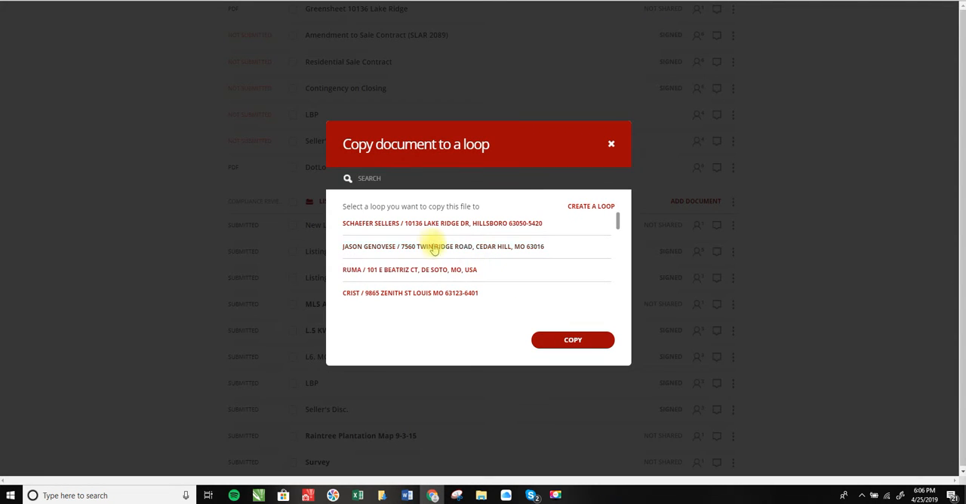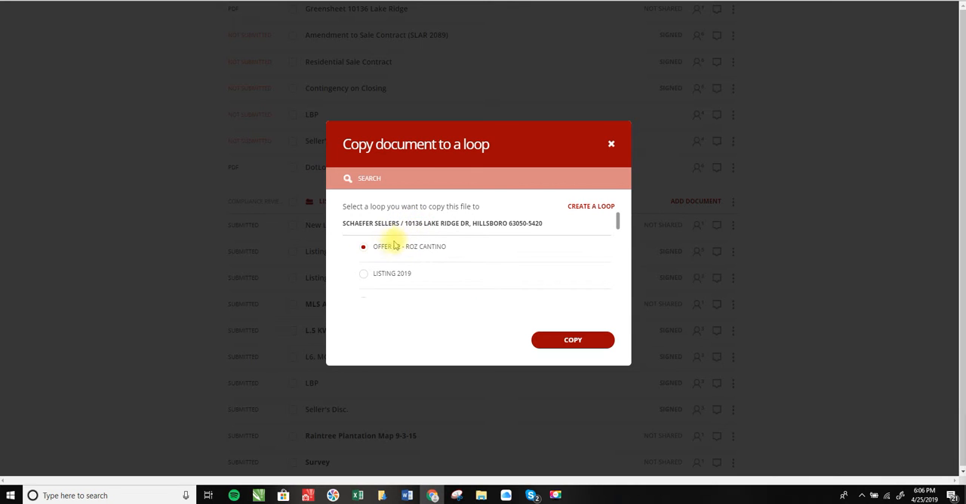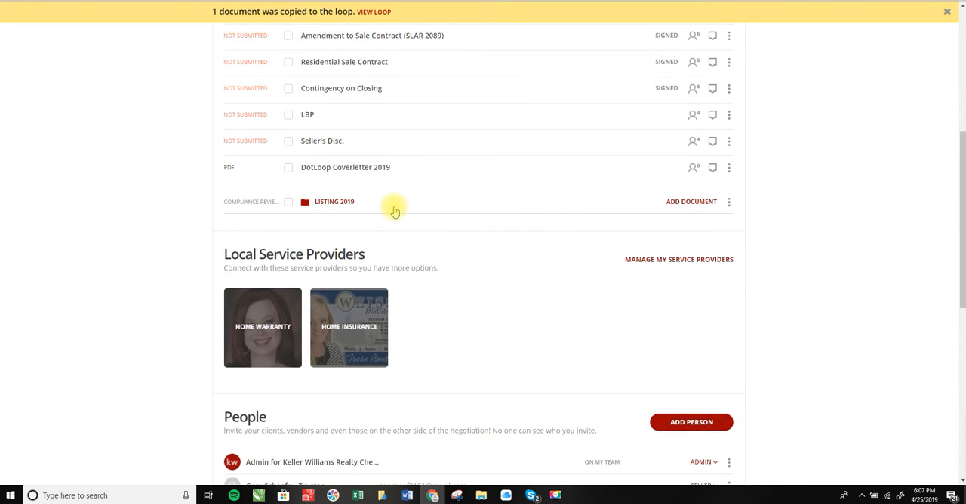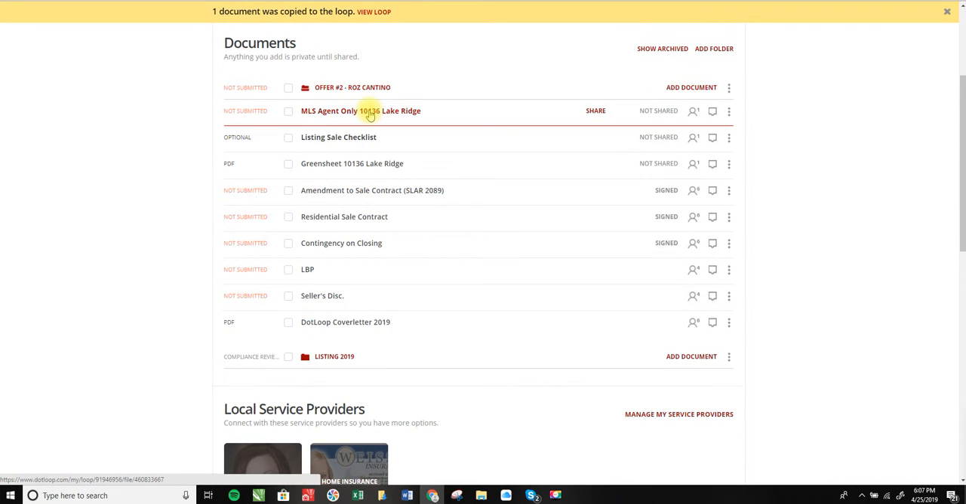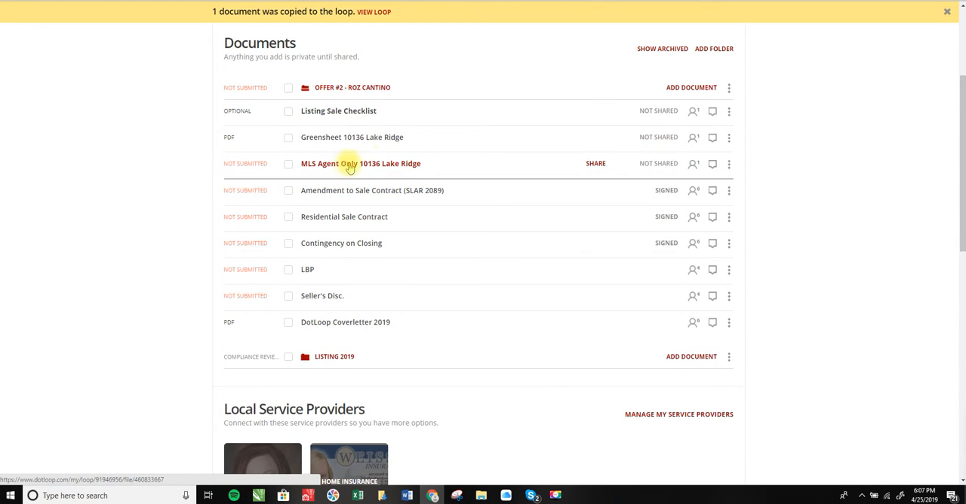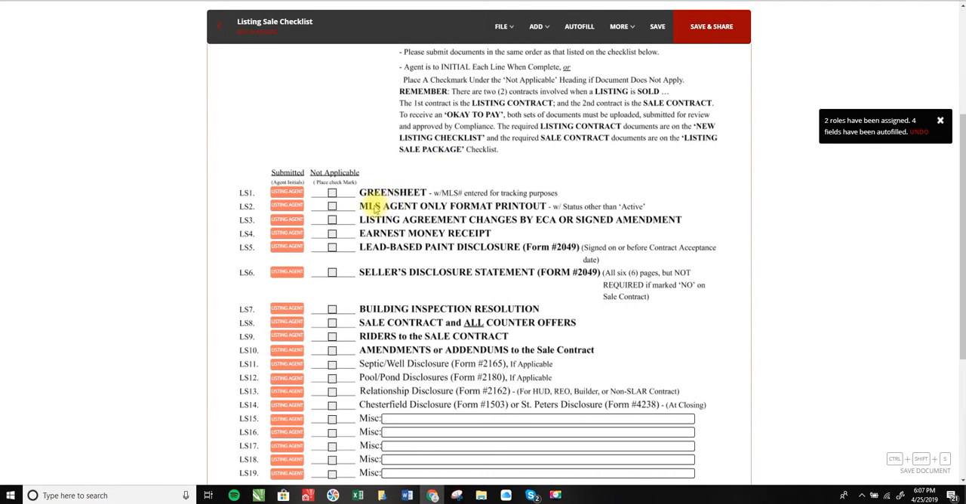And I'm going to tell it to go to this loop. And I want to do it in offer number 2. It's already in the listing, so I'm going to copy it to right here. So I hit copy, hit OK, and what do you know? There it is. So I'm going to move it below the green sheet. So check that. Next, we need the listing agreement,